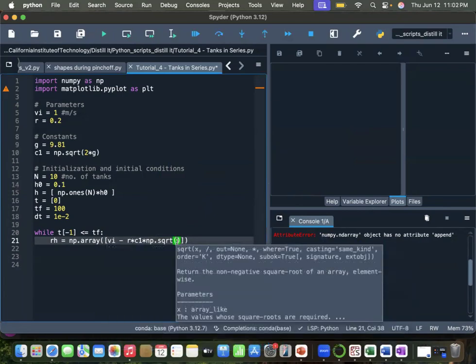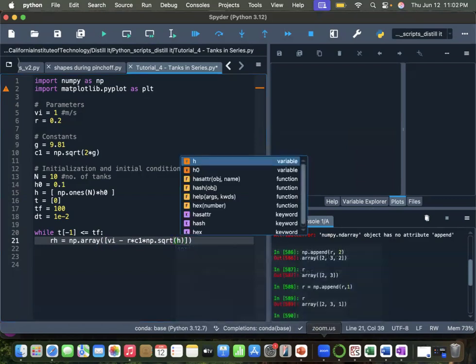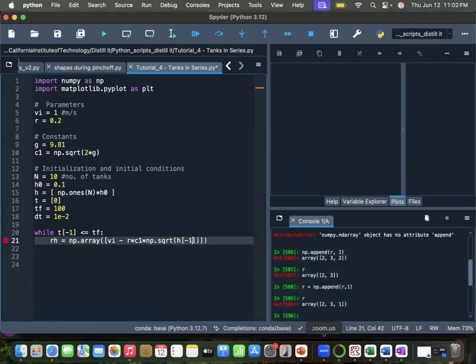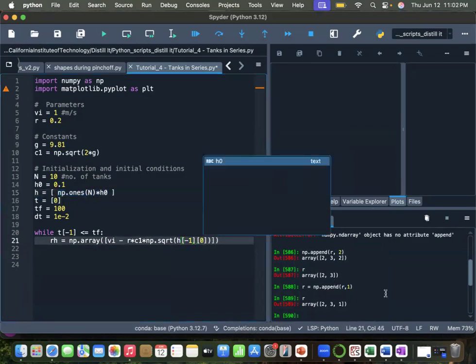So therefore, this should involve the height of the tank 0 in the previous iteration. So that's just going to be H minus 1, and that gives me this array over here, and I'm trying to access the 0th element of this array. So that's how you write the RHS for the first